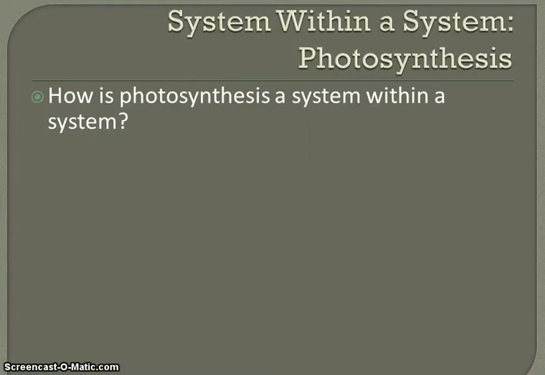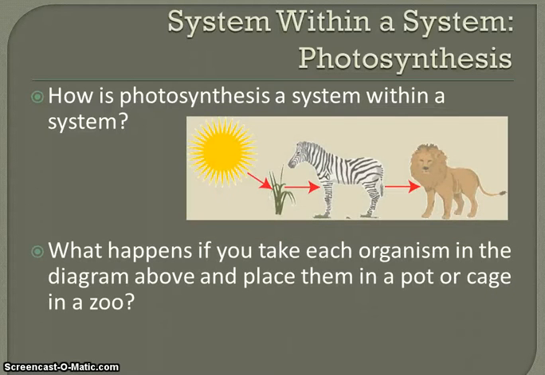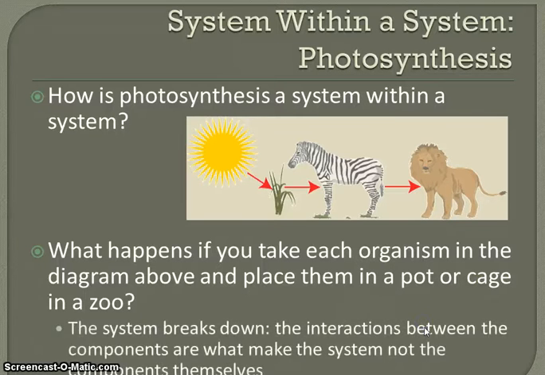Now, photosynthesis we can also look at as systems within a system. For example, if we look at this food chain, you have solar energy that enters the plant, which converts that energy into glucose, the zebra eats the plant, the lion eats the zebra, and the energy is passed through the chain. Now, if you were to take any single one of these systems, like if we think of the zebra as a system, and remove him, then this entire food chain would fall apart. So the important thing to remember is that it's the components that make up the system. Each individual component doesn't work by itself. It's the interactions with each other.